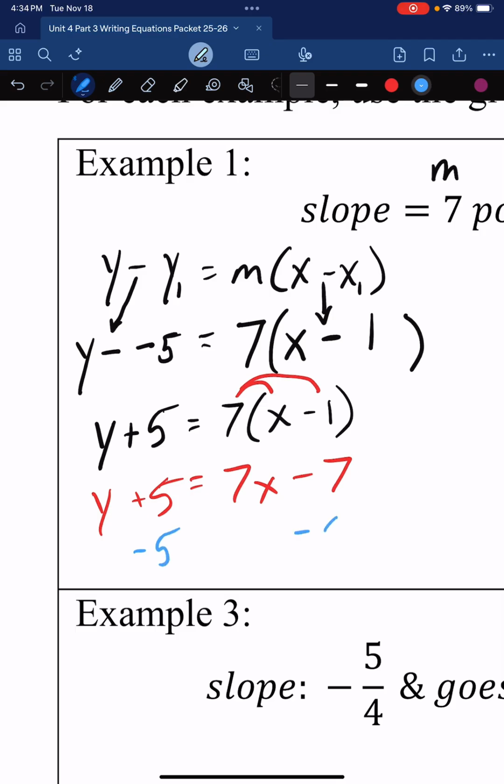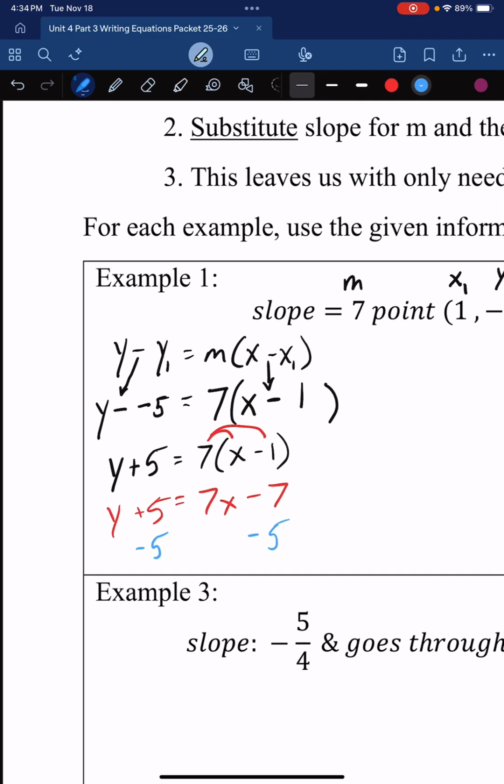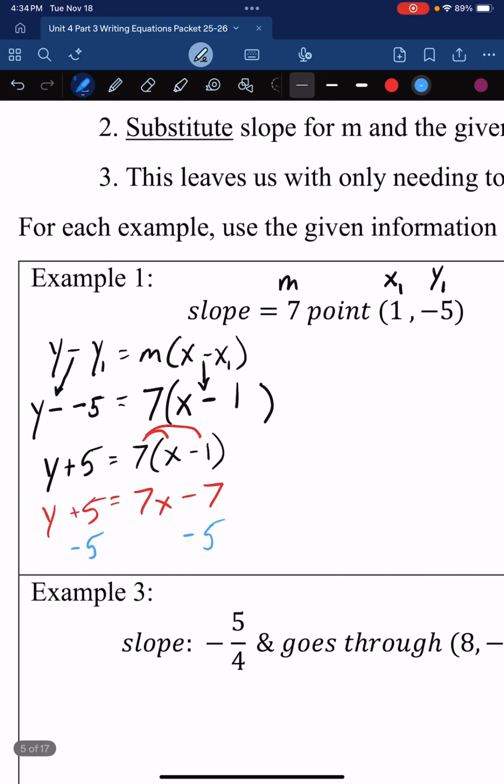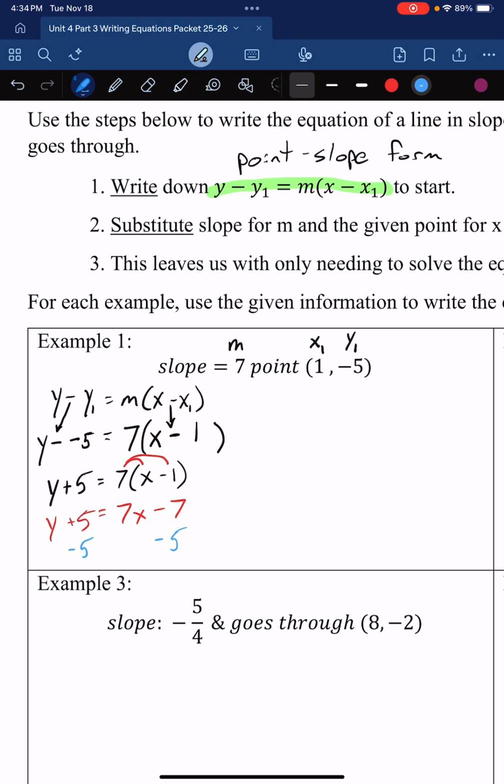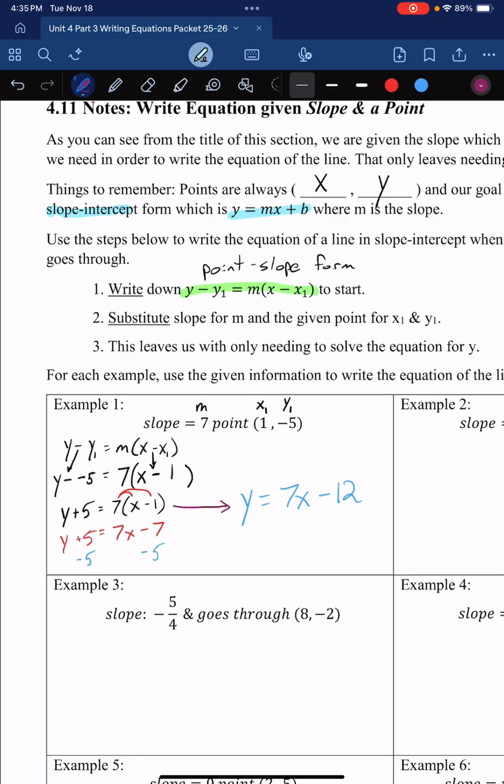Really what I'm trying to do here is solve for y, converting from this point slope into slope intercept. So getting the y by itself. And so the last step is to simplify that down. That's going to give me y equals 7x minus 12. And so those last two steps, I was converting from point slope into slope intercept form. And so now I can confirm again when I match these things together, right, to this